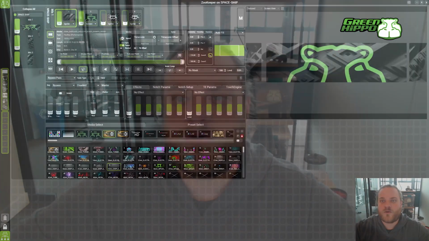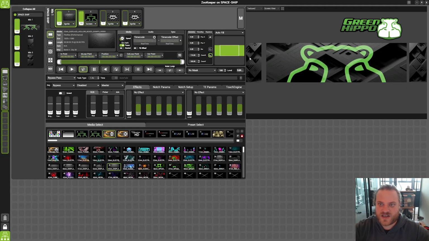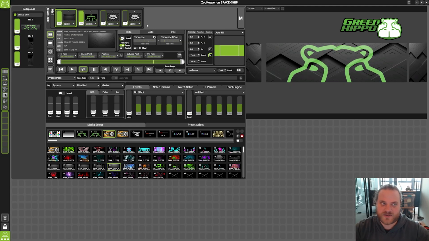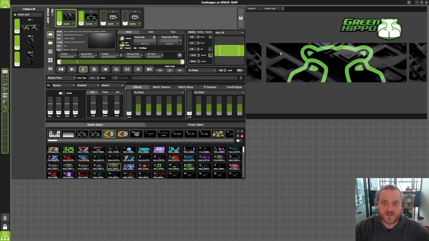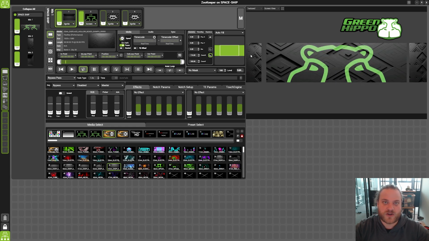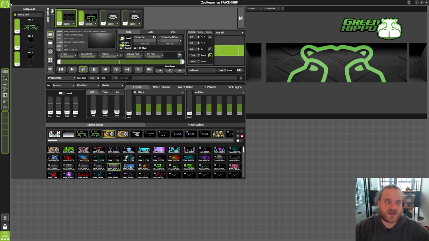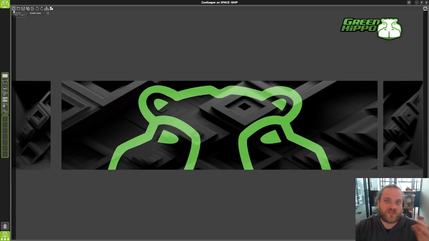So if we go ahead and take a look in here, what you can see is I've already set up a very basic setup where I have 3 mixes. I have a center screen, a left screen, and a right screen. And I don't want to go over how to set up your mixes this way, but I want to show you how to get your shape project to something like this. So I've used a 3840 by 1080 mix in the center, and then a 540 by 1080 mixes for the sides. So where we want to start is actually going into Shape Visualizer,